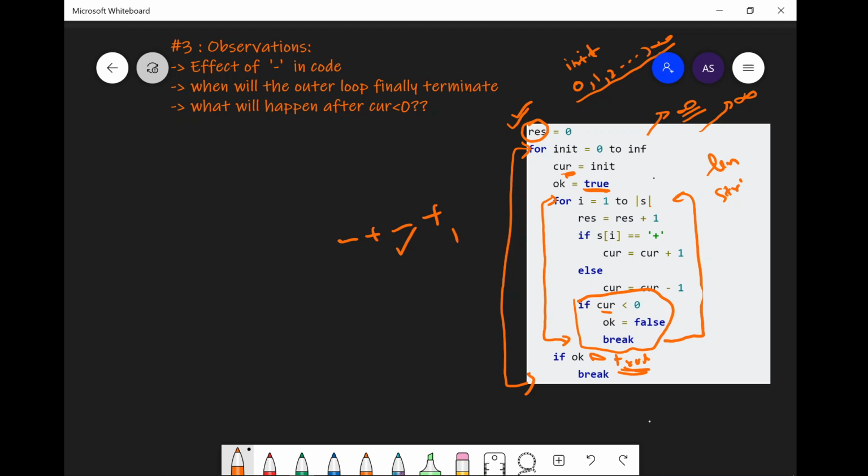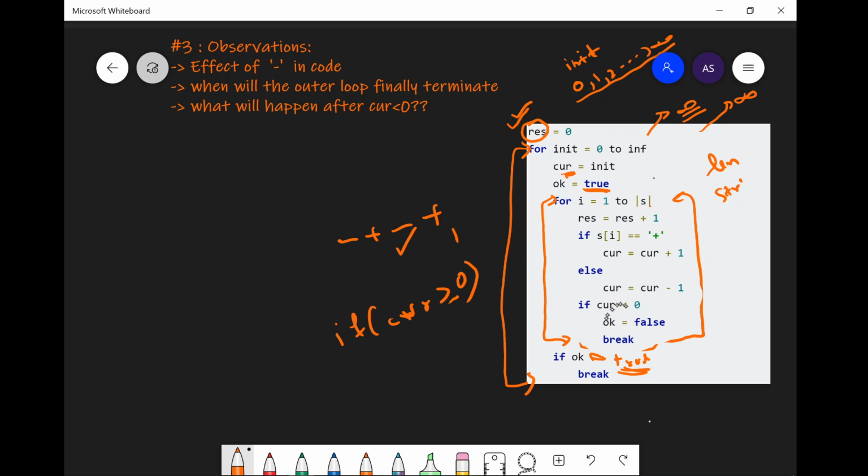So what we want, basically we can see here, is that this current value should never become less than 0, then only this would not happen. So if current is always greater than or equal to 0, then only this will not happen and we will be breaking.